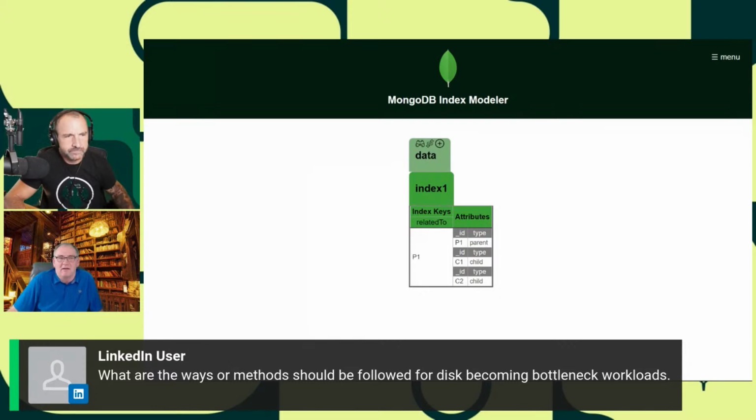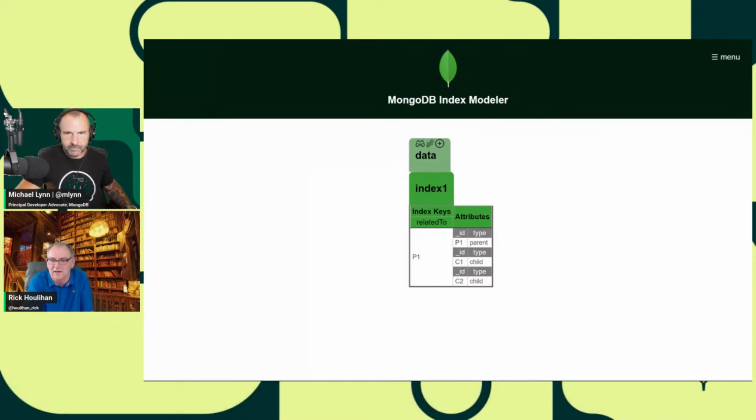If I have small updates going into large documents and I'm moving a bunch of data I don't need to move to make those updates, then I can increase disk throughput by reducing the size of the documents that I'm working with, essentially creating collections of smaller documents that are being updated independently of each other. That is typically a better way to work with the data